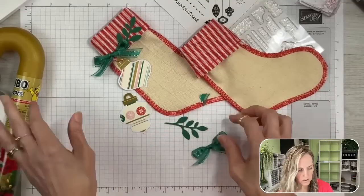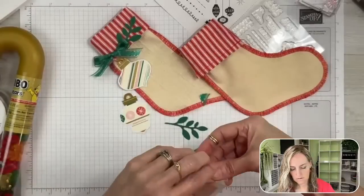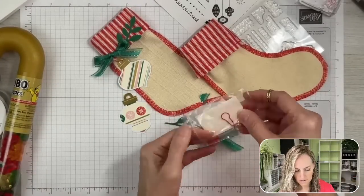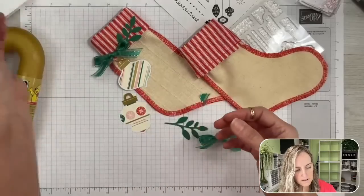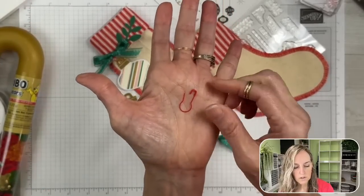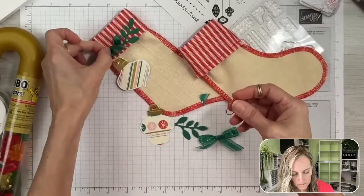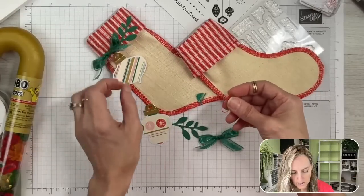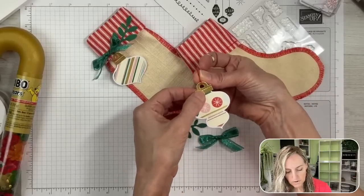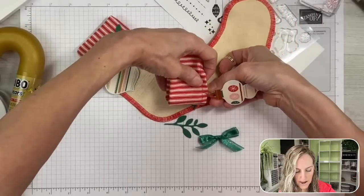And then I took a clip. Where are my clips? Here they are. Took one of the clips that comes in the kit. These are like little safety pins. They're really fun. That's the way they look when they're opened up. So you're going to take and you're going to start with your tag. And I'm going to check here. Yeah. So you start with your tag like this with your pointy part in the front. You're going to lift the back front